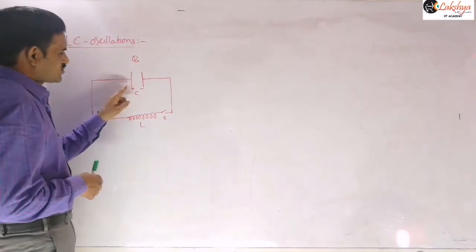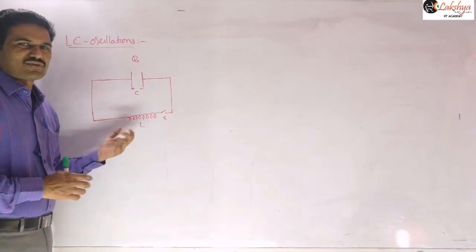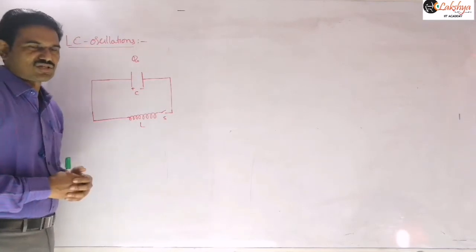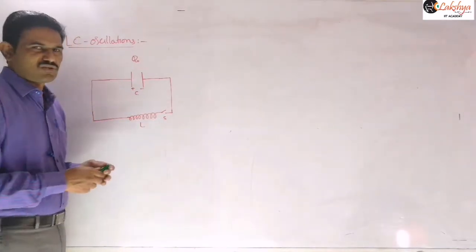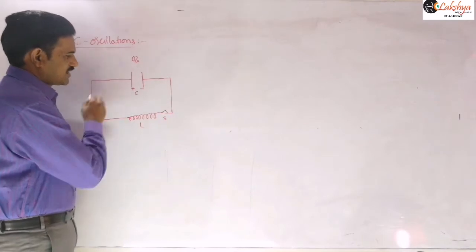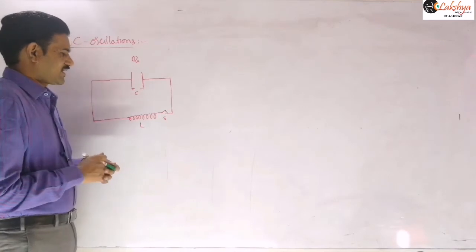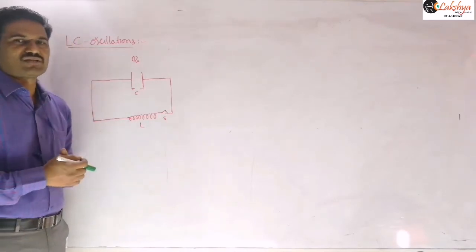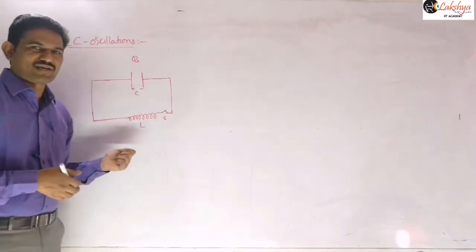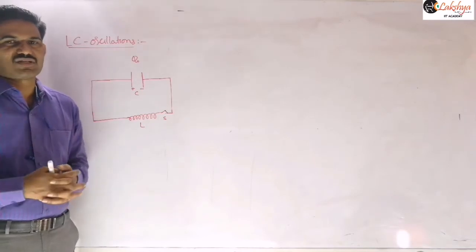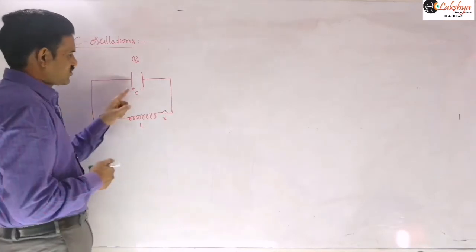Generally, this plate is positively charged, so there is some potential difference, and here initially no potential is there because we are connecting an ideal inductor with 0 initial current. Once you close this switch, current starts flowing along this direction. Then the current passing through the inductor is changing, so some induced EMF will develop across this inductor because the flux is changing, and discharging of the capacitor will take place.